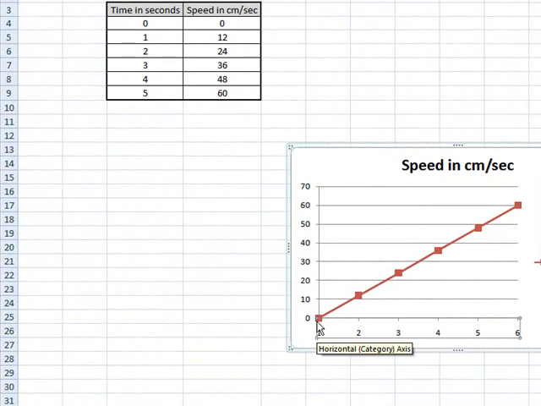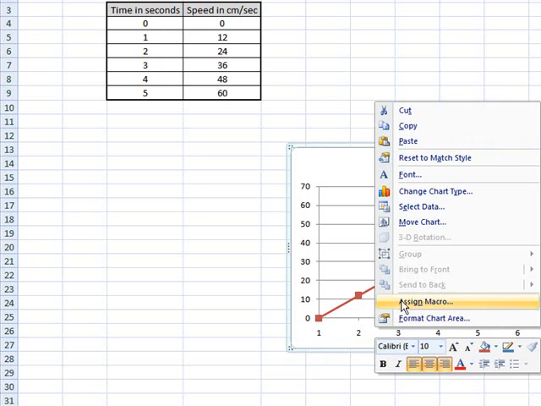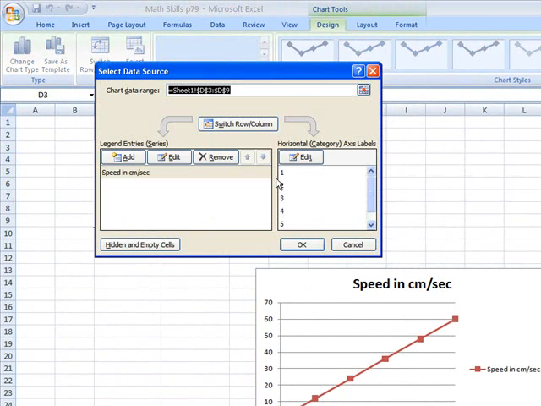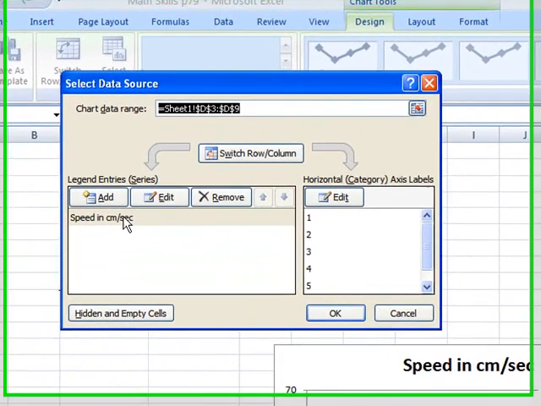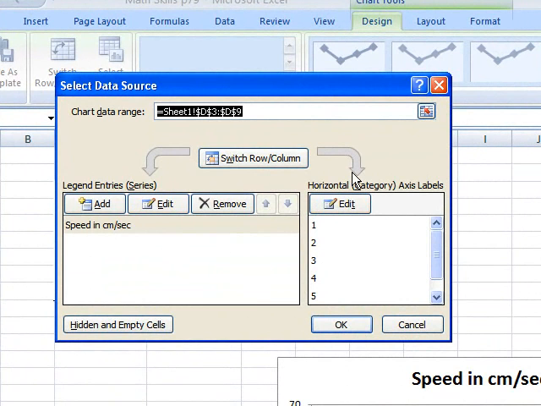Here you will notice that your first value on the horizontal axis is 1. This is not correct. This value should begin at time 0. Right click, move up to Select Data. Notice that this window appears, which lists legend entries. So here's our legend in speed in centimeters per second, and then our horizontal axis labels appear here, and here